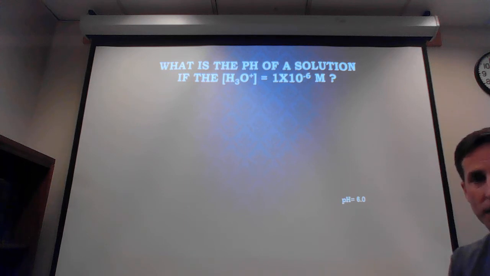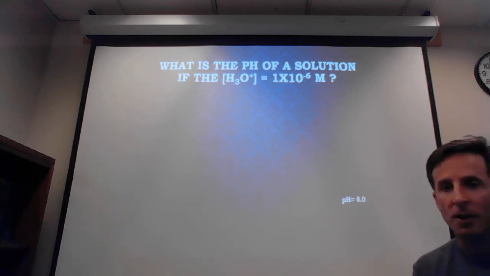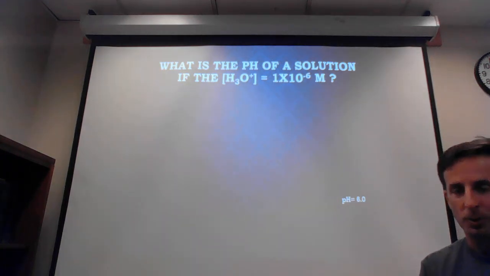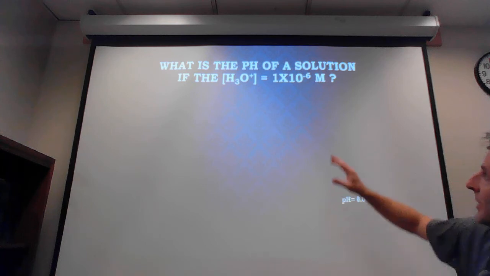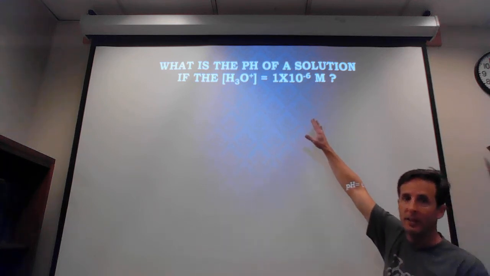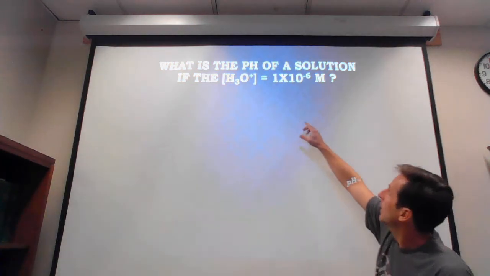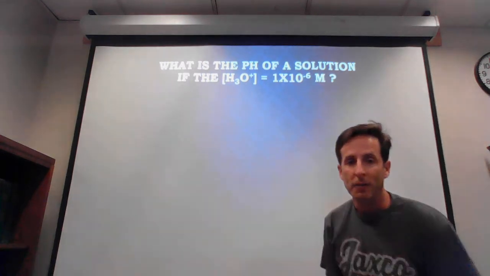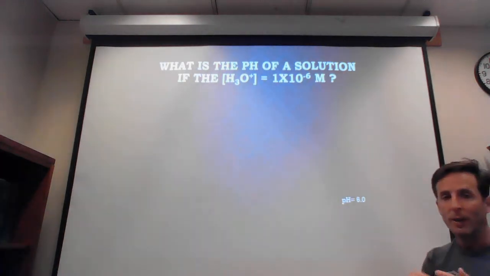Significant figures. When we do logs, the rules for sig figs are different. Essentially, the way the rule works, if the concentration you're given has 1 sig fig, like this one does, the one in the front is my only sig fig. If there's only 1 sig fig, when I do the negative log,